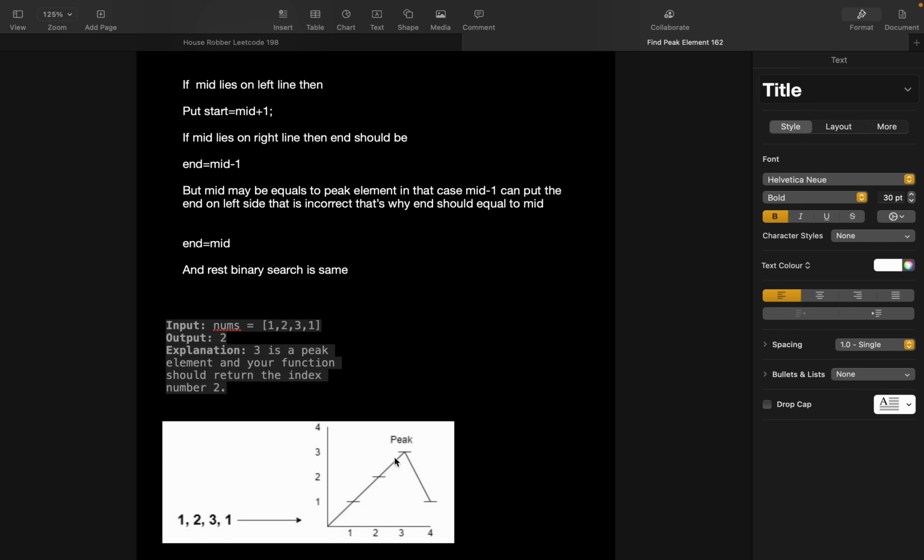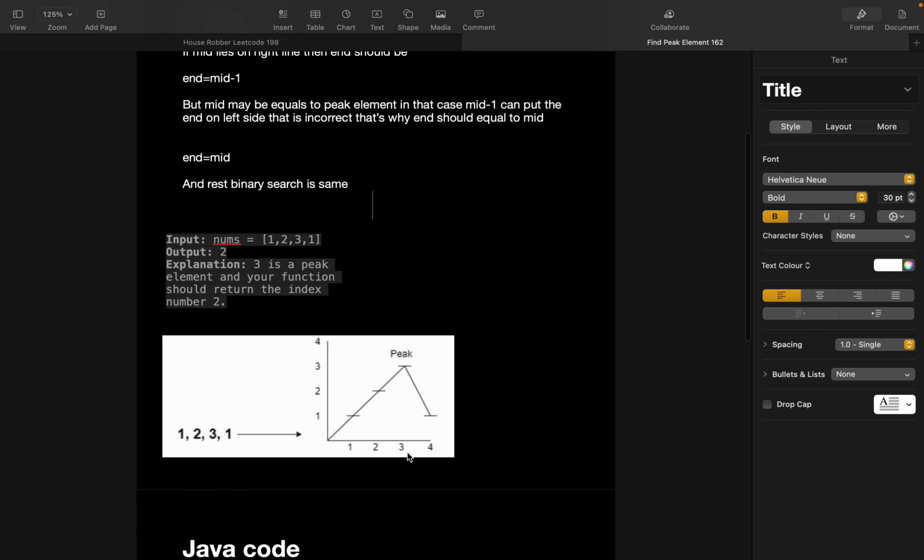Why not? Because if the peak element is mid, then mid minus 1 would exclude it, so it is not correct. So end equals mid, so that it can be the peak element.